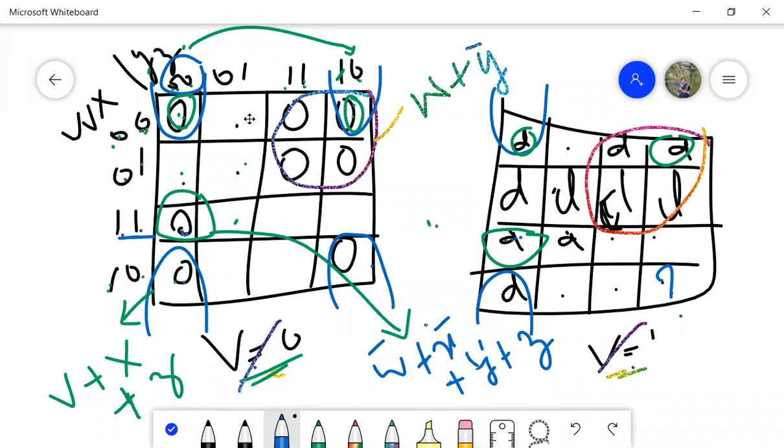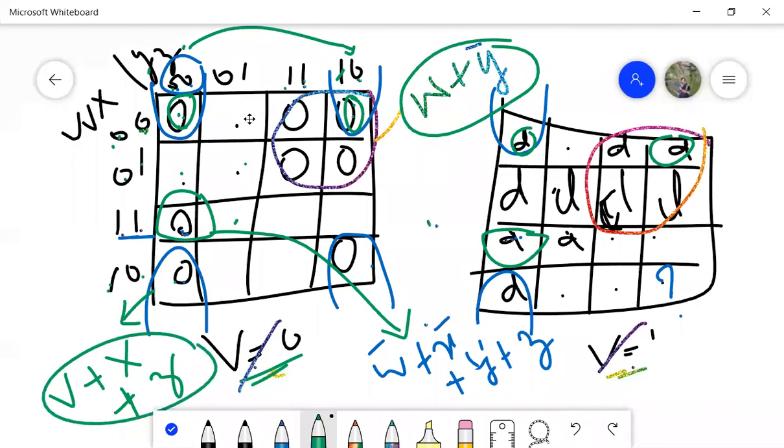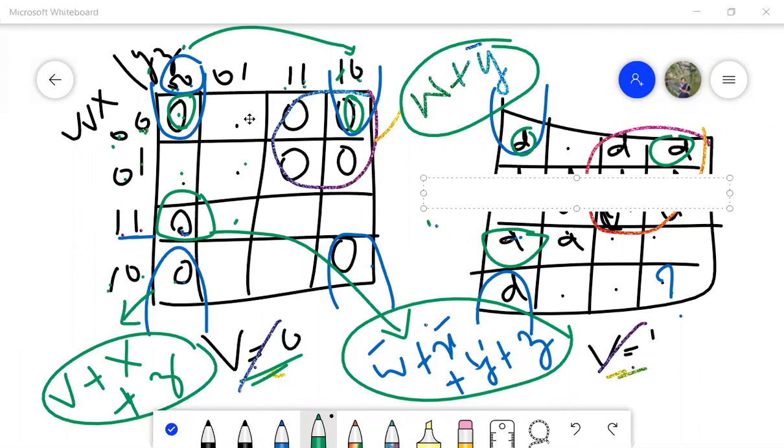Now what will be the simplified expression? So simplified expression will be equal to W plus Y bar, Y plus X plus Z plus W plus X bar plus Y plus Z bar. So let us write the simplified expression. So if I write the simplified expression for this 5 variable K map using POS. So the question was f of V comma W comma X comma Y comma Z. It is always good practice to write it like this. So this is equal to, what is the expression?